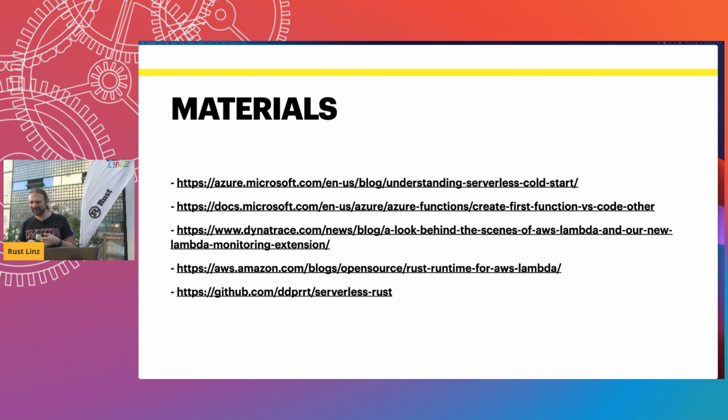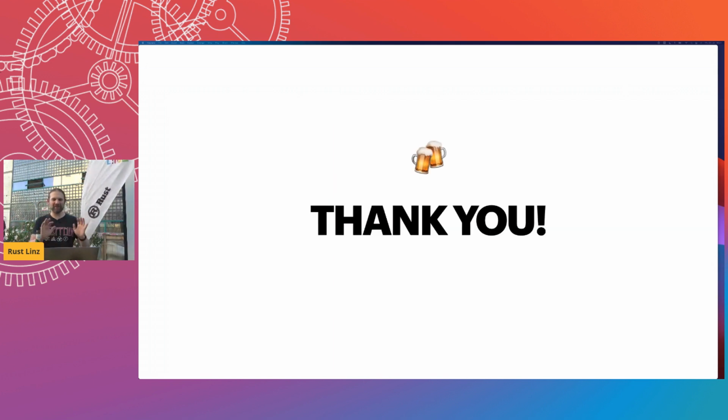So this is great. One of my colleagues at Dynatrace has written a blog about what happens behind the scenes when AWS Lambda call starts. This is where I grabbed all the graphics from. It's a great read, check it out. And also check out the blog from AWS Lambda on the Rust runtime for AWS Lambda. This is where you're going to see a nice HalfLife logo, but also some great content for the AWS Lambda runtime. Last but not least, this GitHub link has all the examples from today, so you can check them out, like literally check them out, like Git check them out, and try them. And that's about it. Thank you very much for the